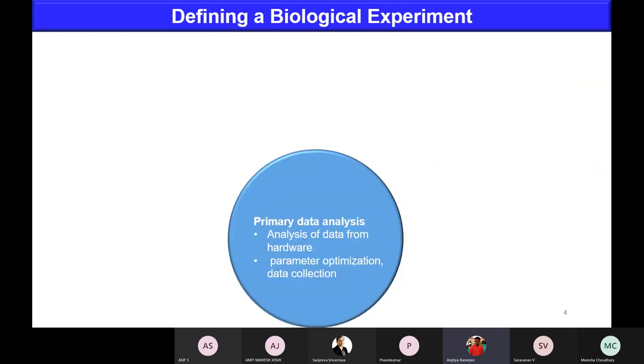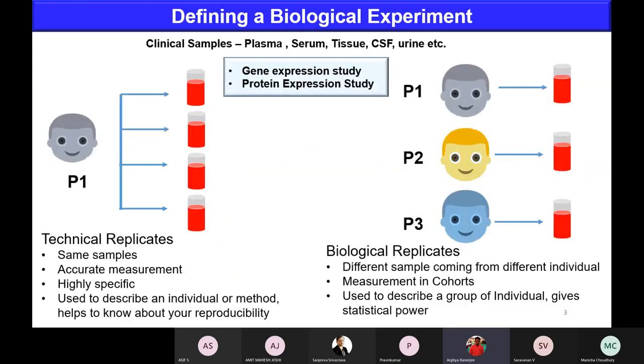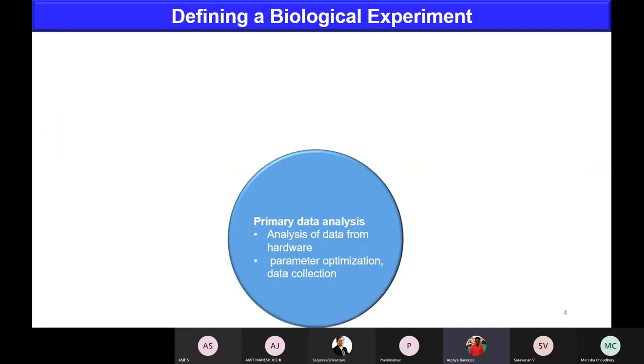Now, after you have done this gene expression study or protein expression study, as Professor Sanjeeva has explained, you will generate the data. So what do you do? How would you start churning your data, how will you do a layer-wise analysis starting from scratch? I have classified this data analysis into three kinds.